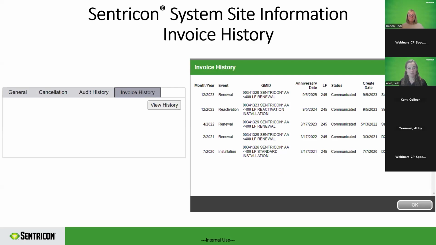The last tab to view is invoice history. Sometimes we get questions asking if the site has ever been communicated to us. So if you go to invoice history and then click view history, you will be able to see every time this site was communicated to Corteva. In this example,